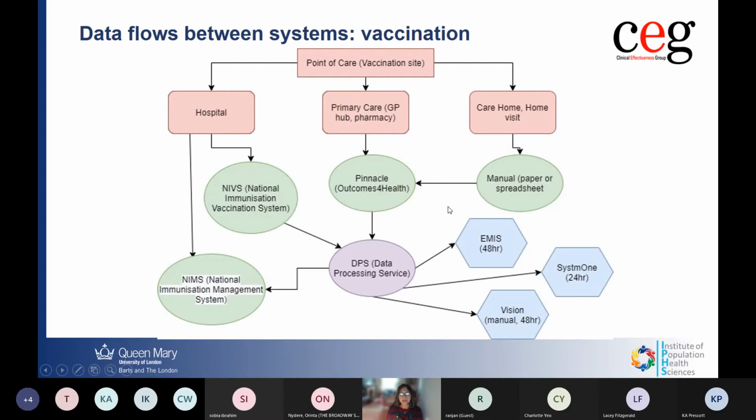Just to explain a little bit about the data flows between systems, just so that there's some understanding about why there might be delays in some of the information. You might be getting sent information from your CCGs or your federation about how you're getting on in practice, and you might think, well, I'm sure we've vaccinated more patients than that is showing. So if you look at what's actually happening, you've got your point of care, your vaccination site. So then you've got the hospital. Some people could be getting vaccinated, and that's your National Immunisation Vaccination System, or what they call the NIMS,